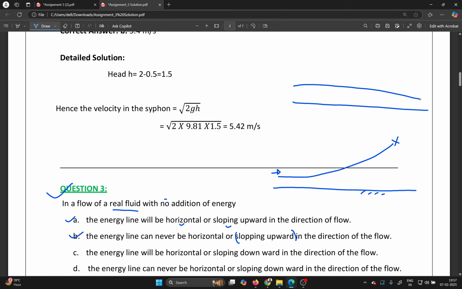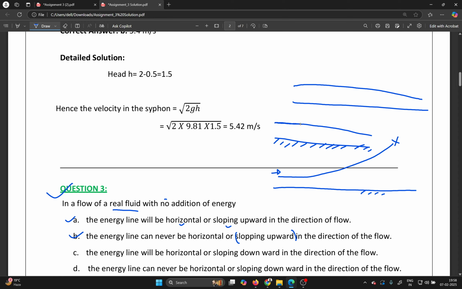The other says it can never be horizontal or sloping downward. So here your answer should be like that. If this is a horizontal channel, if this is a sloping channel, your energy line will be sloping downward,